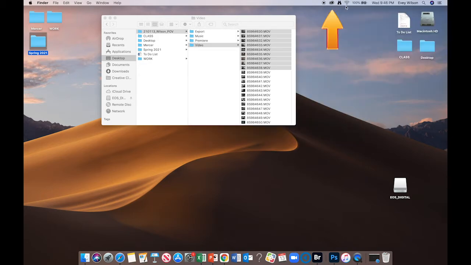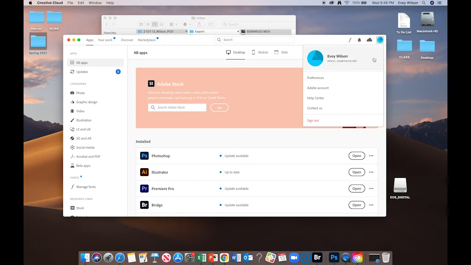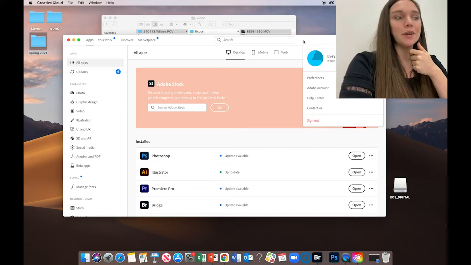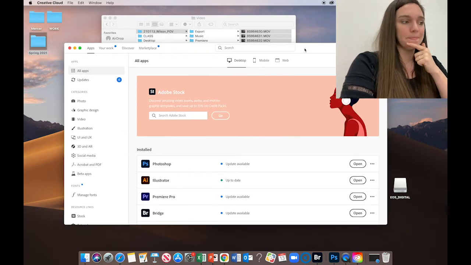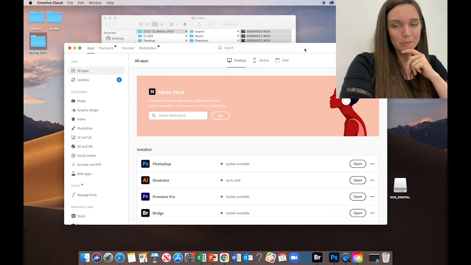Or on your computer, if you see this kind of figure 8 looking thing at the top of your computer, that will open the Adobe Creative Cloud installer. And over here, you can see if you're logged in, or you might need to sign out and go through it and create a new account. I would use your Mercer email for that account